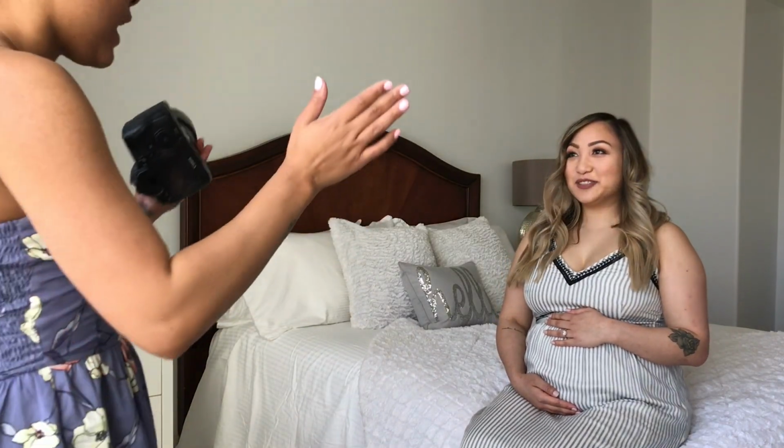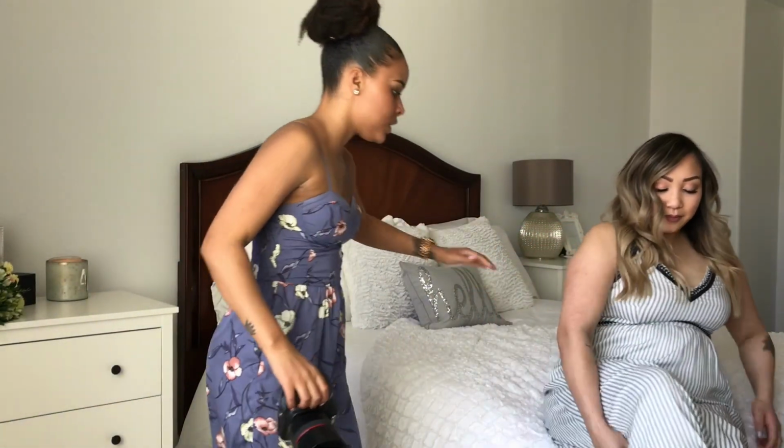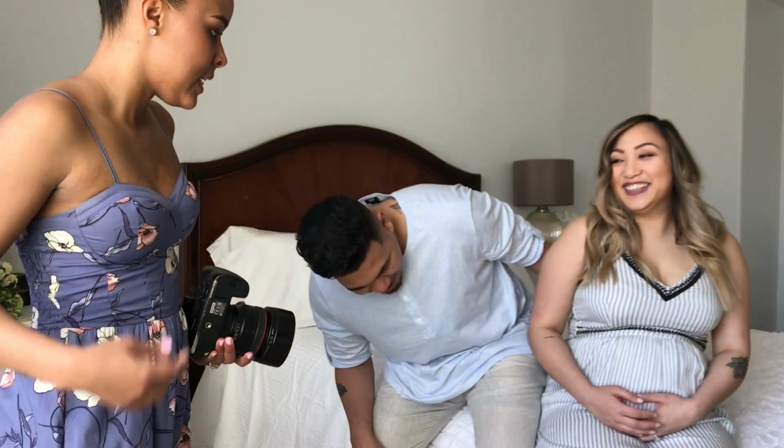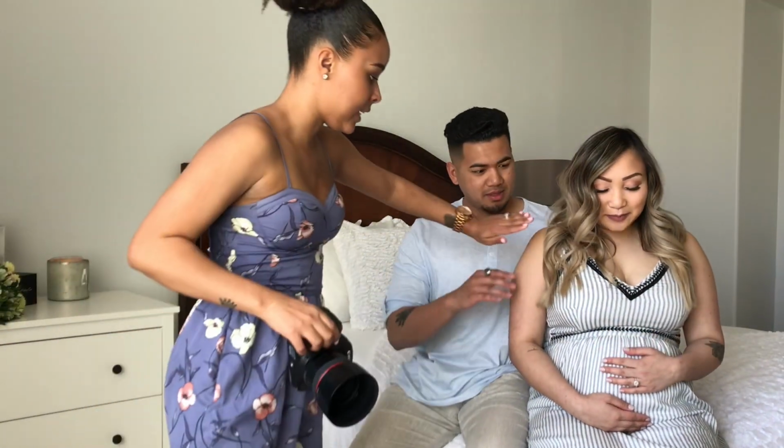So first, Lauren, kind of tilt your body this way. And then Kenny, you want to be on this side. You want to tilt your body with her this way. Perfect. Good side. And then you want to rest your right hand here. And you want to bring your faces...